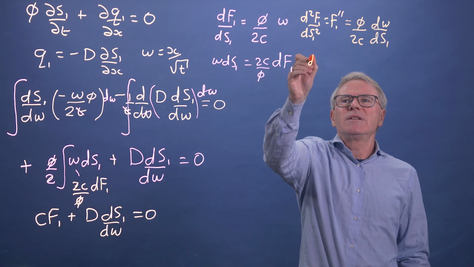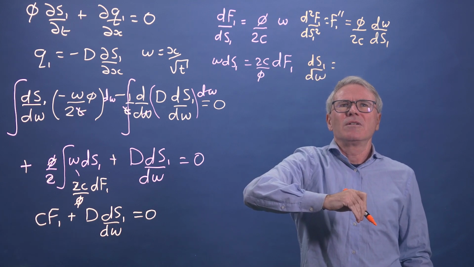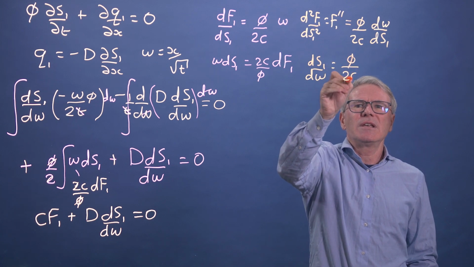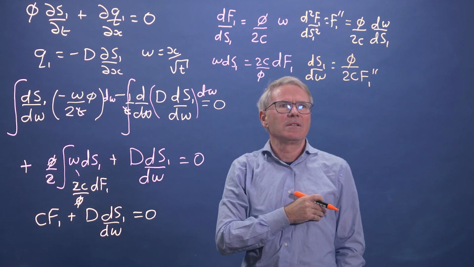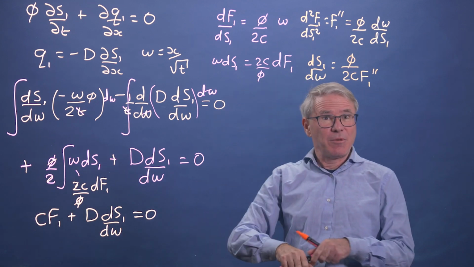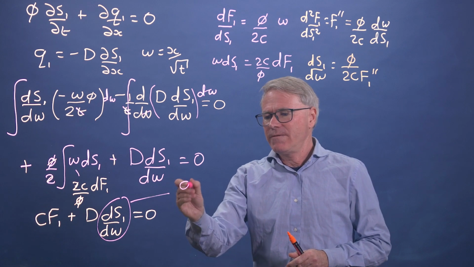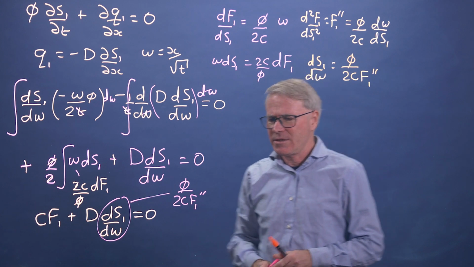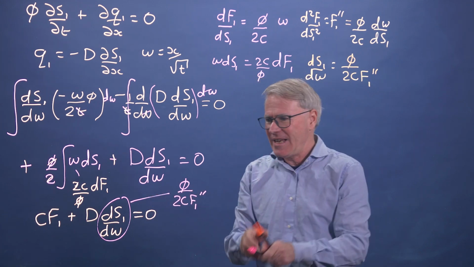So ds1 by d omega should be the opposite of that. So it's phi over 2c f1 double prime. Does that look right? Yep. Okay, so let's put that in. So this bit becomes phi over 2c f1 double prime. So we get this. All right, this is looking a bit strange, but let's now move this to here and